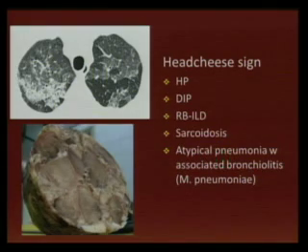And finally, the head cheese sign is one of the characteristic signs that we can see in HP, and it is a combination of consolidation, ground glass opacity, air trapping, and normal lung. This is called the head cheese sign, which is not only seen in this kind of disease, because it can be seen in DIP, respiratory bronchiolitis with interstitial lung disease, mycoplasma pneumonia,